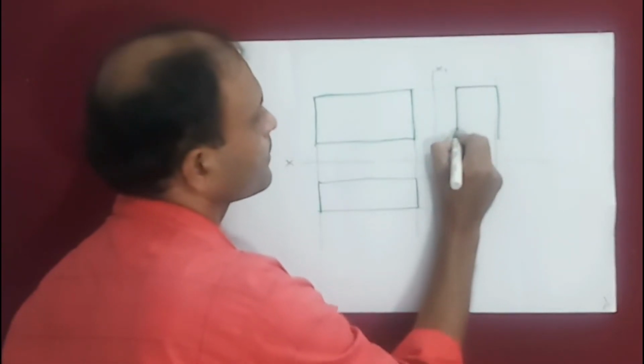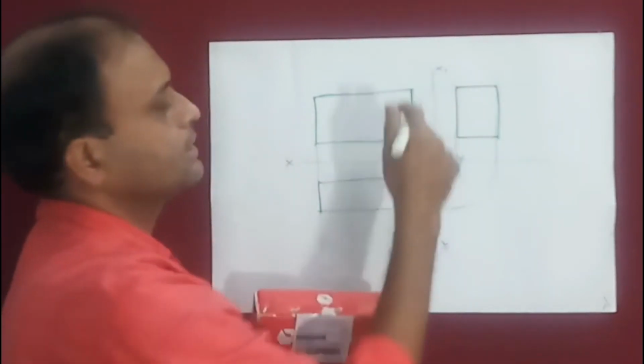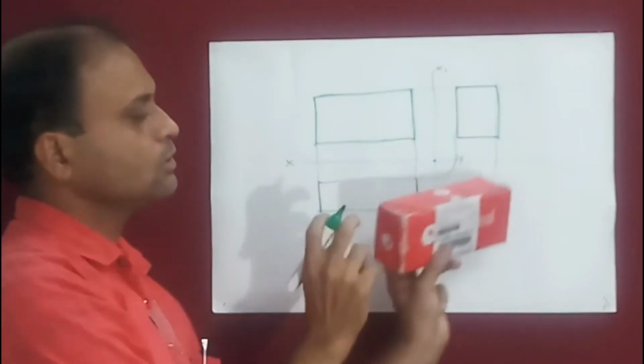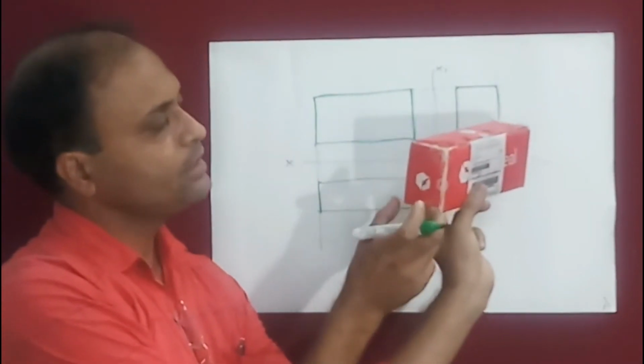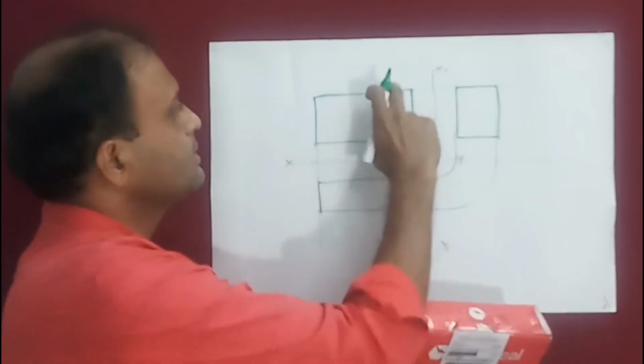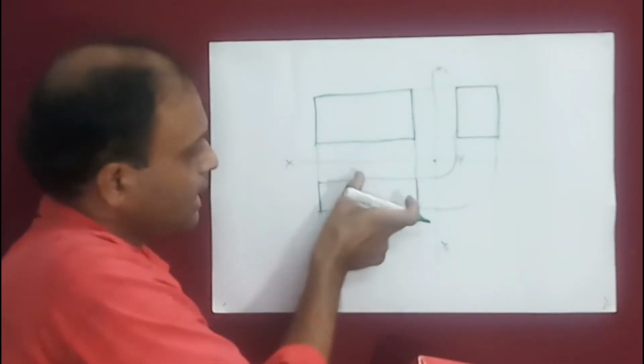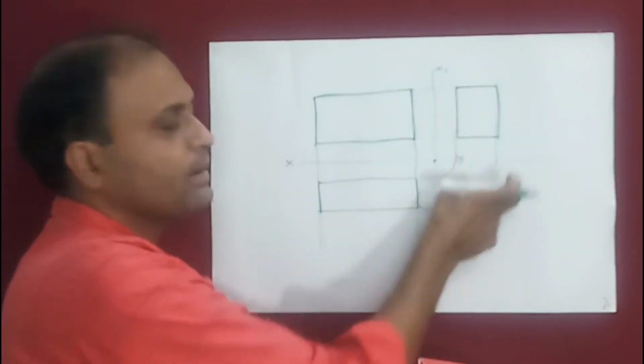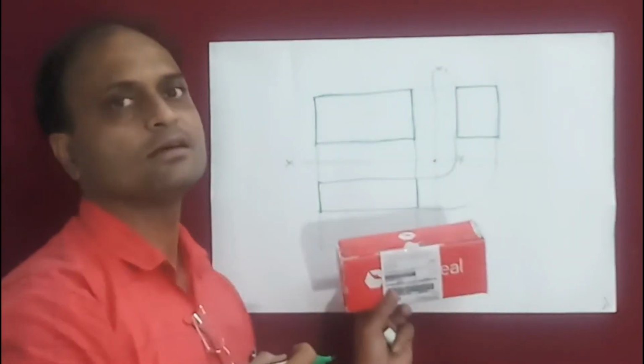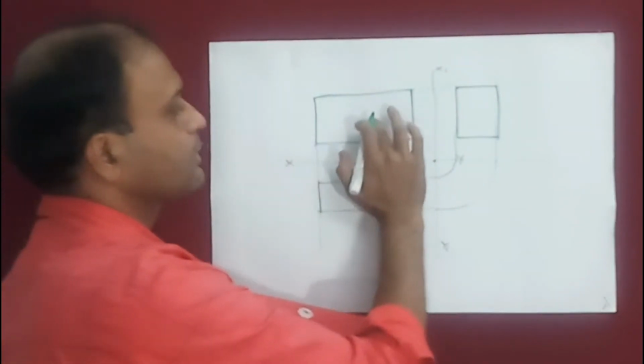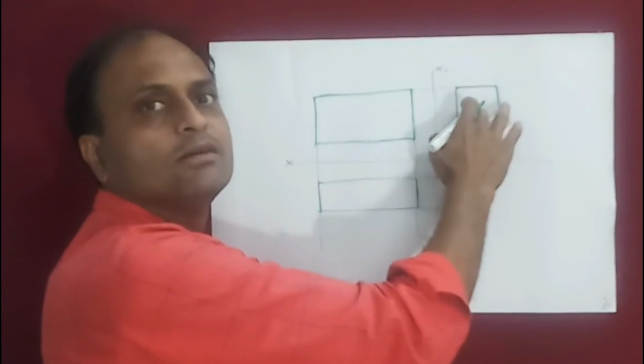I have to draw this rectangle. So you will find that the size of the rectangle in side view will be 50 by 30. We can see this is 50 which is maintained here, and 30 I am maintaining by drawing these two parallel curves. So 30 is maintained here. So this is the way I have drawn the front view, top view and left hand side view of the object.